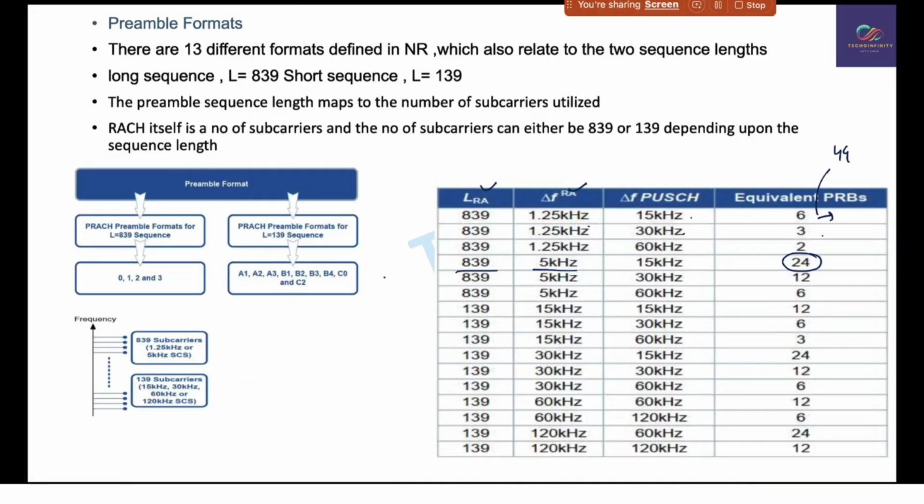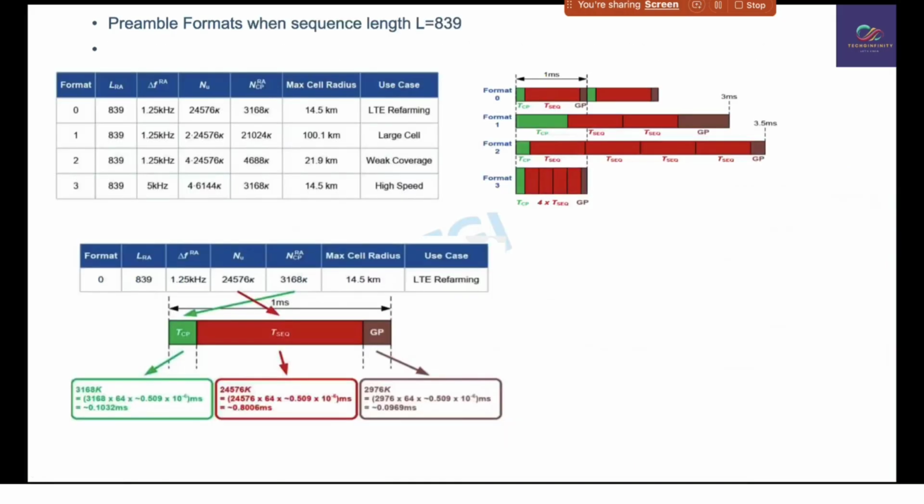This is how we are using them, and you can see the use cases also. For preambles, we have different formats. Format 0 is the 839 root sequence indexes with 1.25 kilohertz subcarrier spacing. We are using it for LTE, large cell, weak coverage cell, high speed. We can discuss this in an upcoming session. But today we just discussed